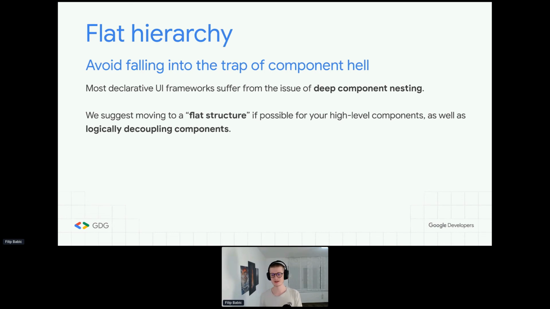This is usually very useful, and you can send a lot of information without having to use 10, 20, 30 parameters in every component.